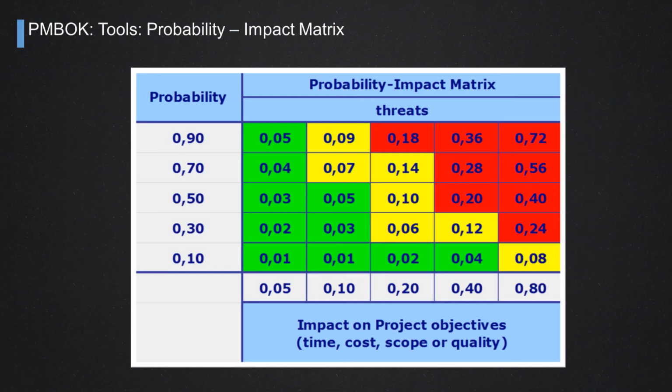So high impact, also sometimes with small probability, because the impact is so huge that we risk losing the project itself. And there are also, of course, the risks that have a high probability and severe impact on the project itself. In the middle, there is a yellow part, in which there are medium risks. These colored matrices help to focus, first of all, on the red part of the matrix, because we have to